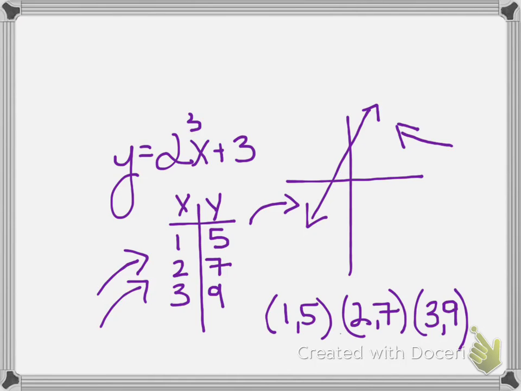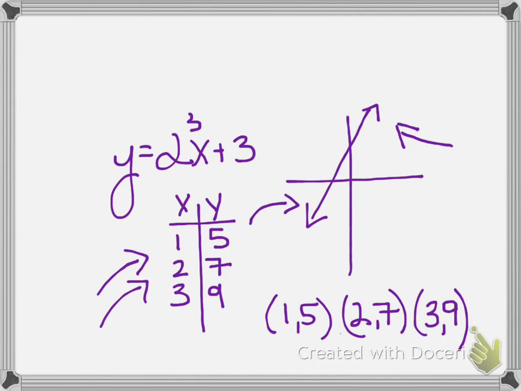I got arrows, which means I don't have a line segment, I have a line, and my domain would go infinitely, and my range would go infinitely. But if I didn't have those arrows, I would have a finite or a specific domain and range. But given, first of all,